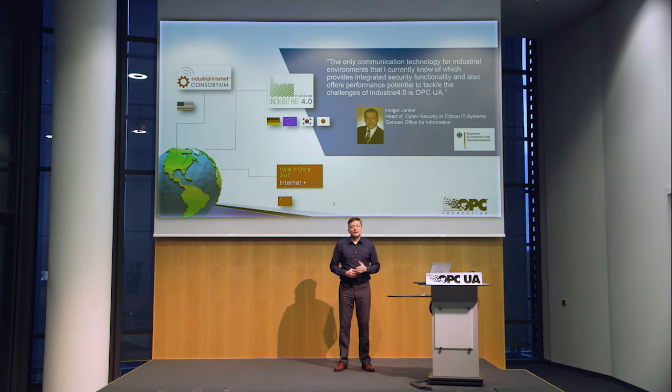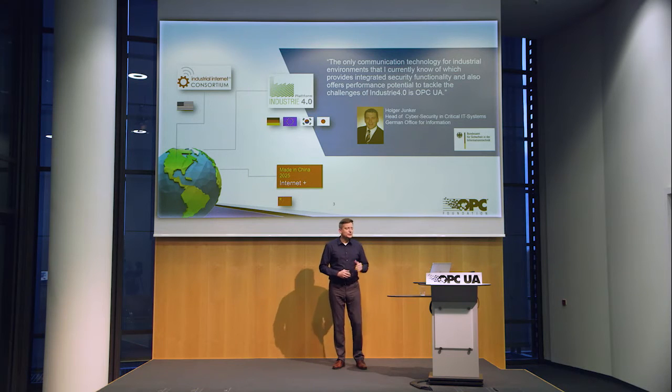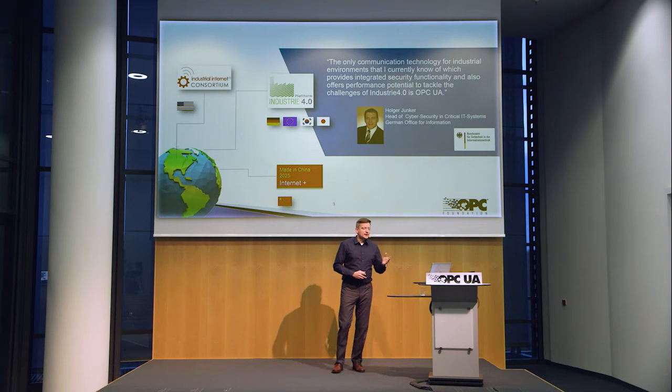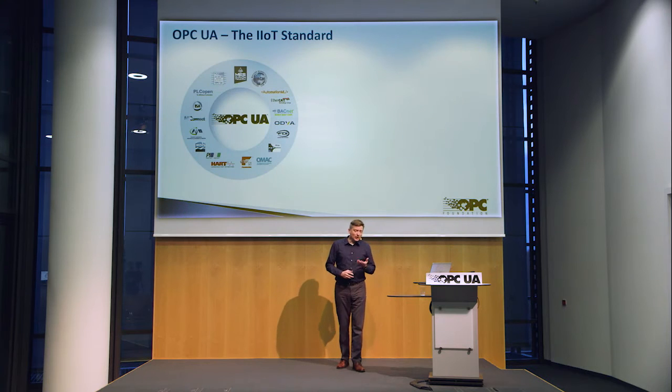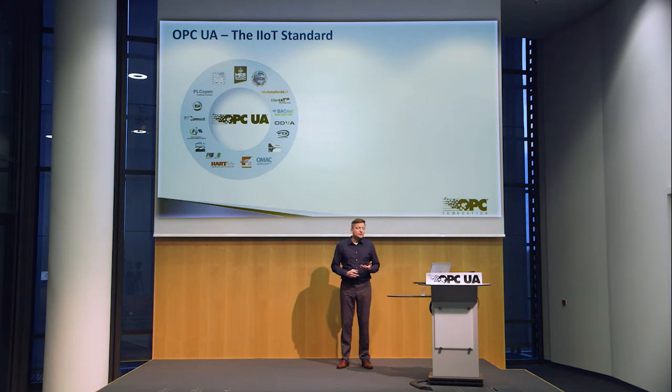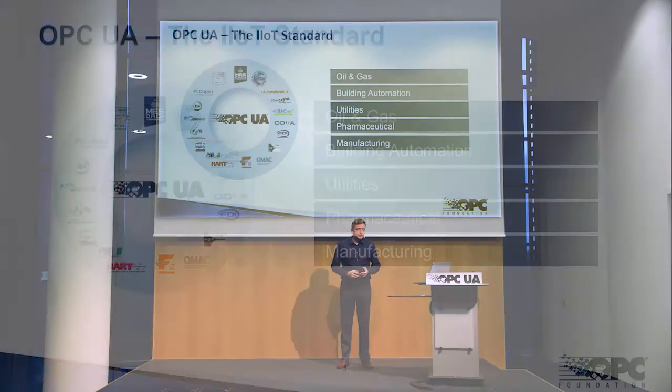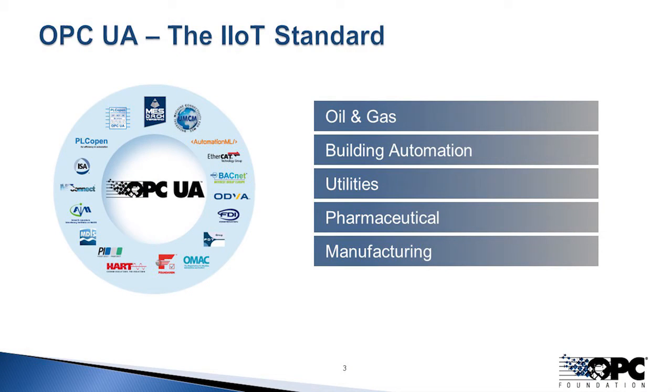The second, more telling test was to have BSI hire a third-party company that went through and tested it. So they took an implementation of an OPC UA server, and they said, okay, let's test it. They threw a bunch of attacks at it to see how it supports the security. So what I'm going to do in this presentation is go through that and talk about how OPC UA covers this. Now, as you know, OPC UA covers a lot of different verticals.